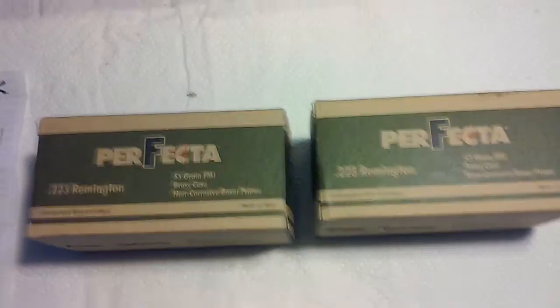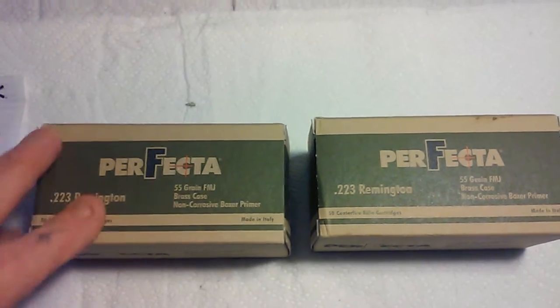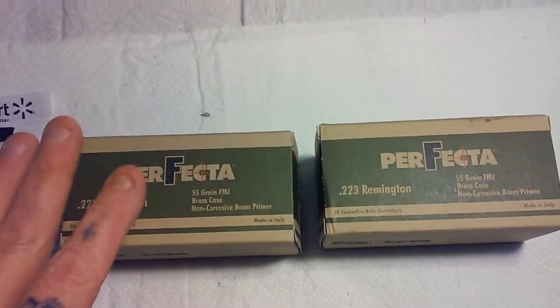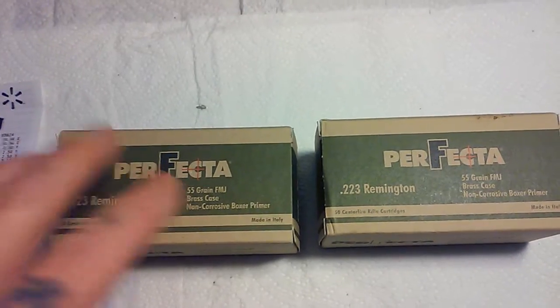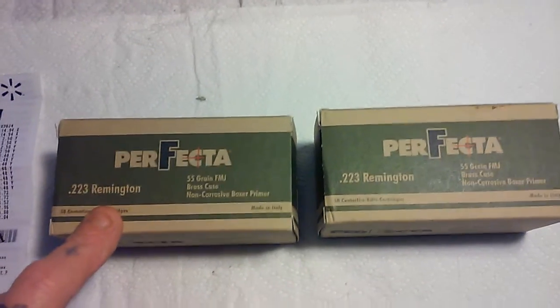Here I have just an itty bitty tiny ammo score from what I usually get. But I was at my local Walmart, I had to pick up some food and stuff, so I figured I'd check and see what was up. I was going to get some more of those green box American Eagles, but they had these, and I wouldn't have normally done an ammo score video with just two boxes, but it is very, very rarely that